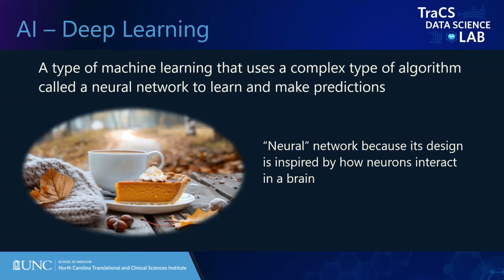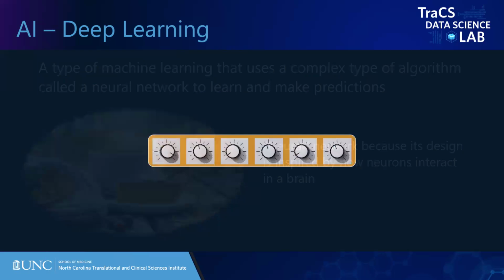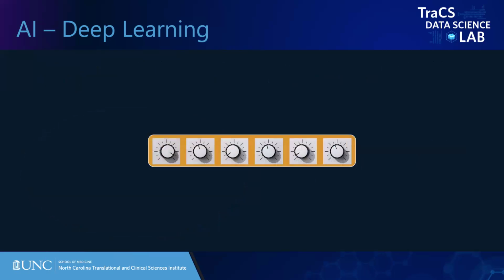Now, here we are going to get into a few details again, this time about how deep learning works, but these will build on what we talked about for machine learning. And again, if you don't get every detail, don't worry about it. I'm mainly going through this just to give you some idea of the complexity of deep learning models, which is what ultimately allows them to do the impressive things that they do.